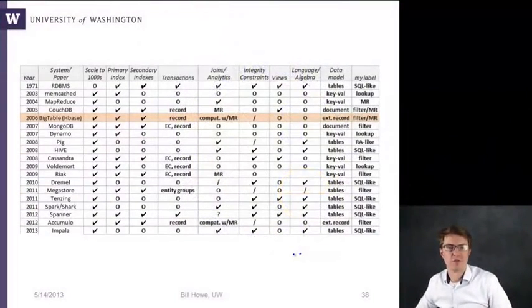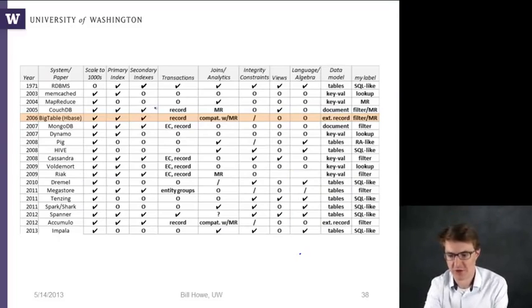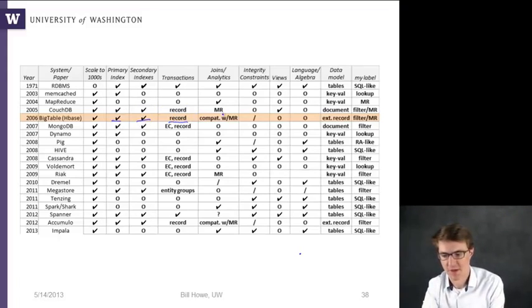Okay, so the third influential system that Rick mentioned in the paper is BigTable from Google, which is a paper from 2006. And so here we're looking at primary index lookup, secondary index lookup. Transactions are also at the sort of scale of an individual record. Joins and analytics are not supported by BigTable directly, but in HBase, which is the open source implementation of it,